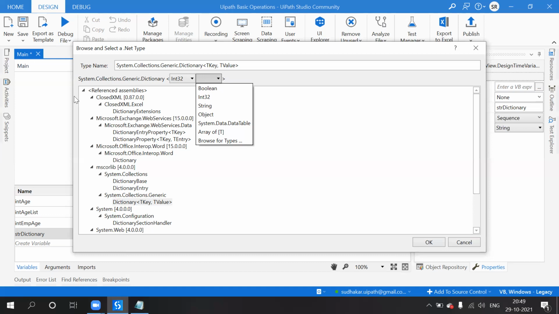The different combinations depend on our requirements. Or if I use string, my name is Sudha, like name and designation. For example employee name and designation, or employee number and designation.